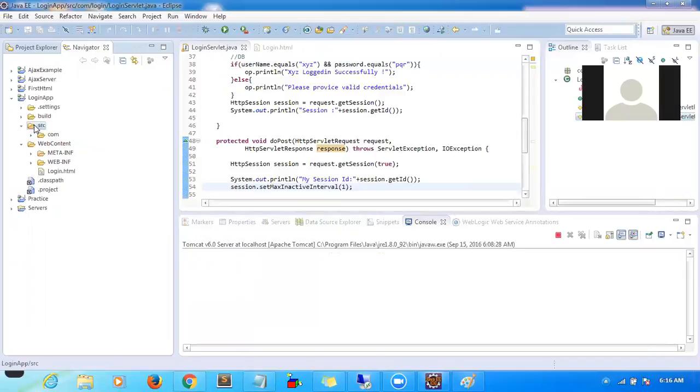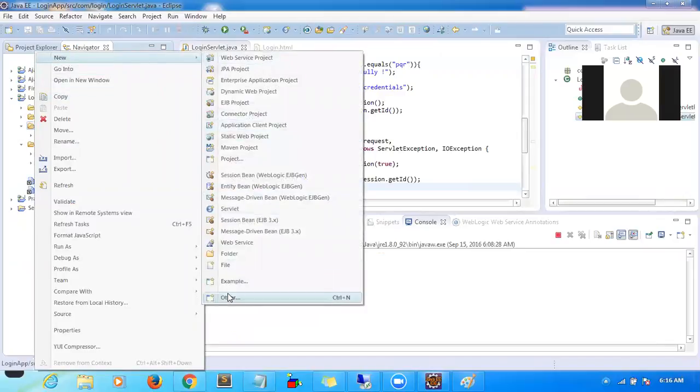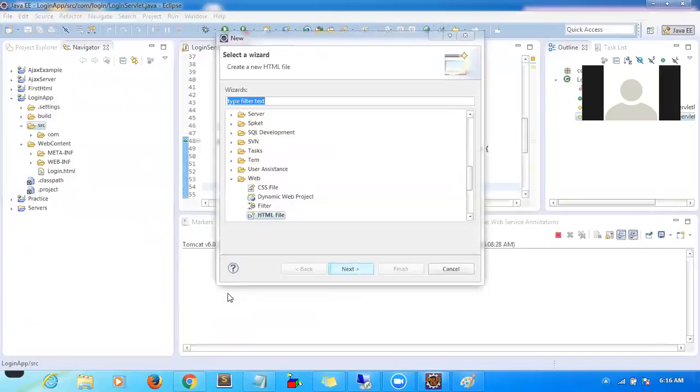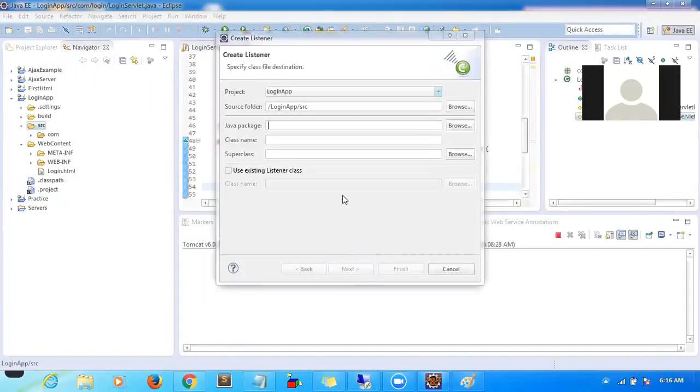Right click, choose listener. The package name is com.session.listener, and the class name I have given is SessionListener.